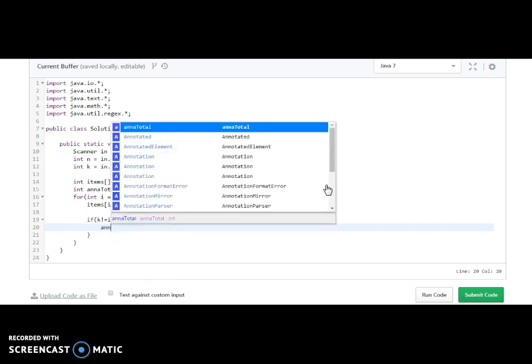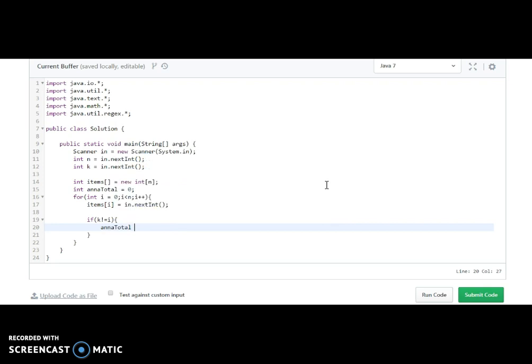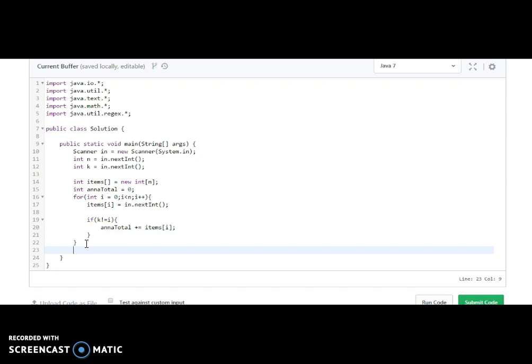If it is not, then Anna's total should add items of i. So here we will get actually a total, but this item Anna shouldn't pay, so from this total they should split. And that's finished here.